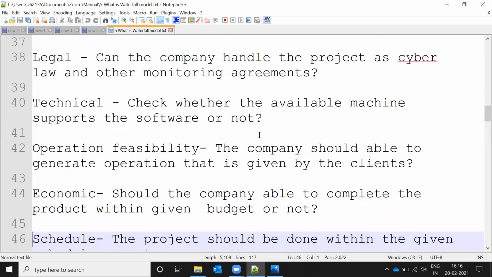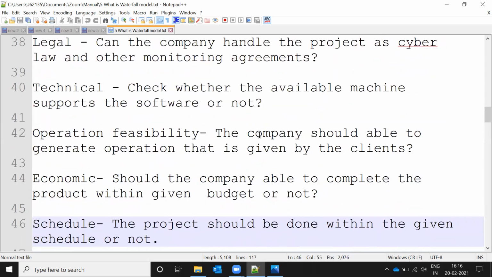Technology-wise, they check whether they are using a new technology and whether they can support our application well. For operational feasibility, the company should be able to deliver the operation given by the client.